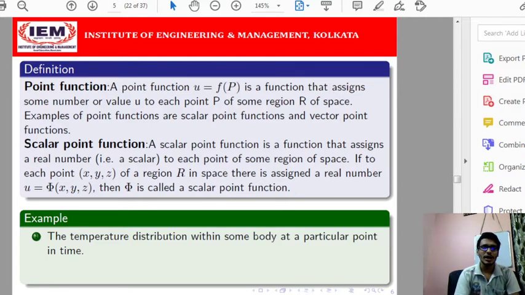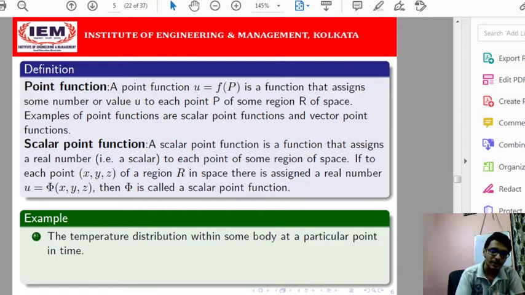Say, for example, I define the function giving the temperature of that body at any point as phi equals x squared y z. If I take the point x, y, z equal to 1, 2, 1, then the temperature will be 1 squared into 2 into 1, that means 2. So the temperature will be 2 units. By virtue of the coordinates of those points, we identify the temperature at each and every point of that body. This kind of thing is called a scalar point function.